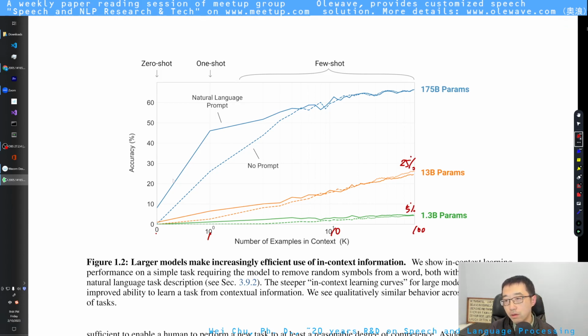But if you increase 1 more magnitude of the model size, you get almost 65. This is the first thing that is particularly striking.